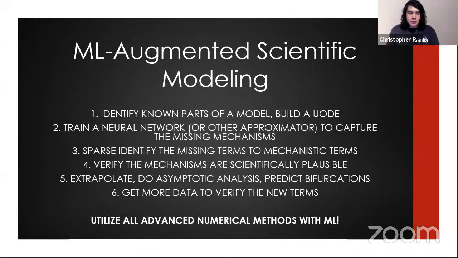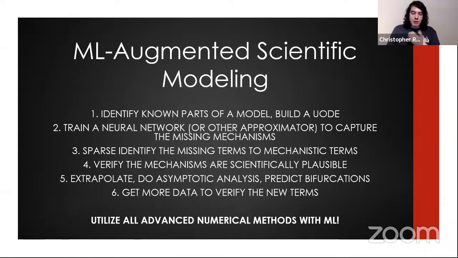Next, what we can do is sparse identify these missing terms to bring them back to mechanistic models. We can basically go through machine learning space to go back to mechanism space by utilizing the sparse identification technique and find these missing mechanistic terms like we previously showed. And once we have a mechanistic model again, all of your tooling and all of your knowledge of mechanistic models